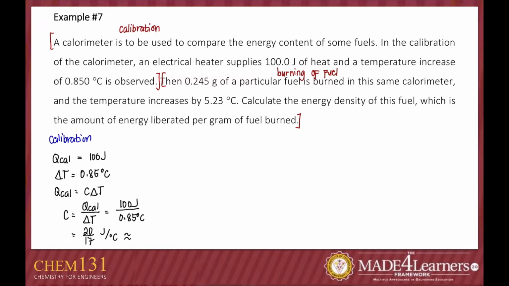Or if you round that off up to the second decimal place, that would give us 1.18 joules per degree Celsius. Remember that we can just write the rounded off value, we can round it off up to the second decimal place, pero inig-solve kay kinahanglan it must be the whole, the entire value, not the rounded off value, because this is not yet the final answer. So for the burning of the fuel,